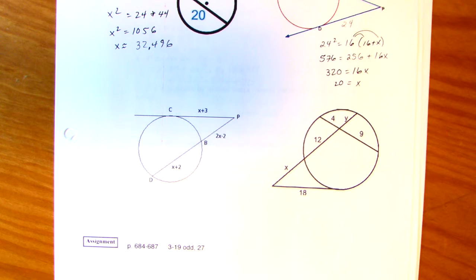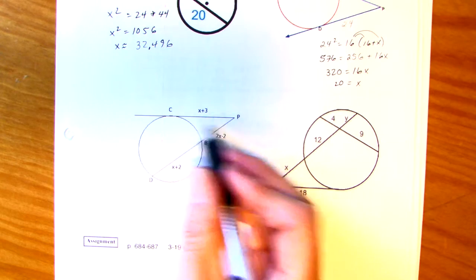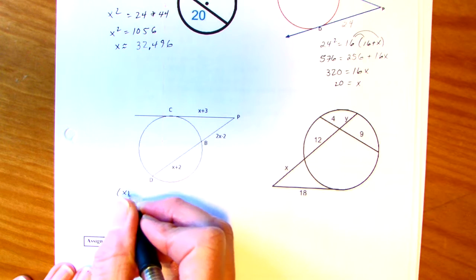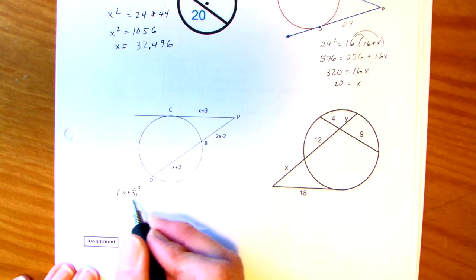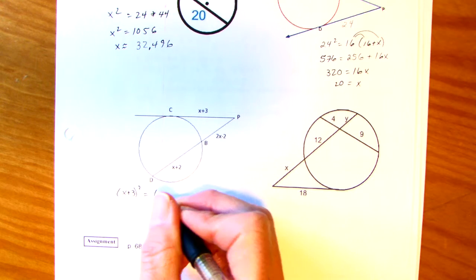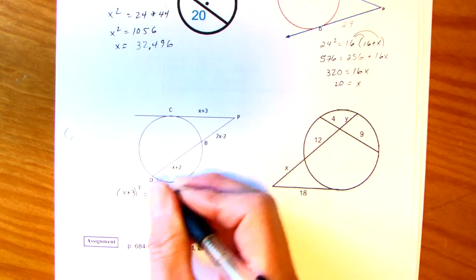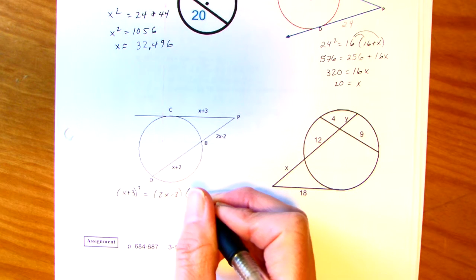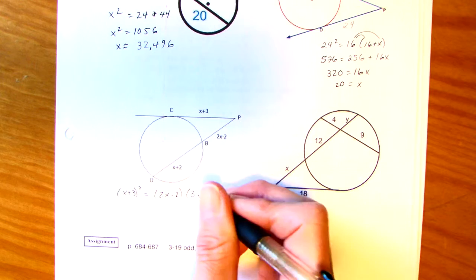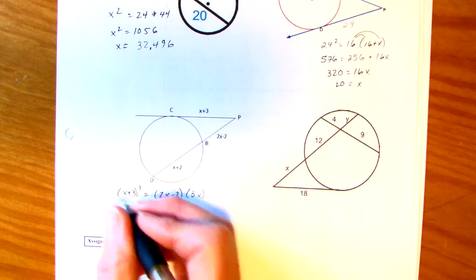Okay, this problem. We have to square that. We have a tangent and a secant. So the quantity x plus 3 squared, be careful, we're going to have to FOIL that, is equal to the outside part, 2x minus 2 times the whole thing. That whole thing is going to be 3x, and what do the 2's do? They cancel. Alright, so when I FOIL this,